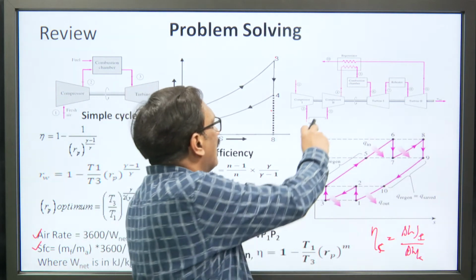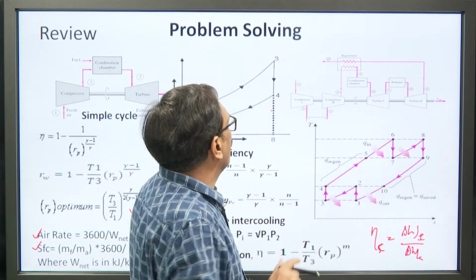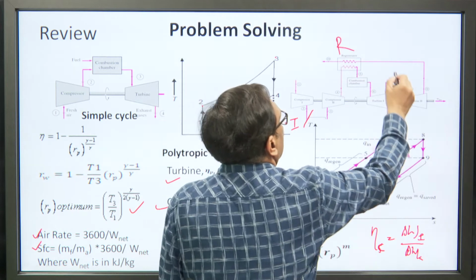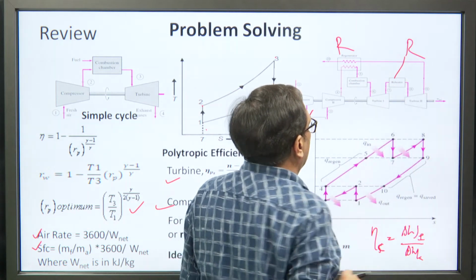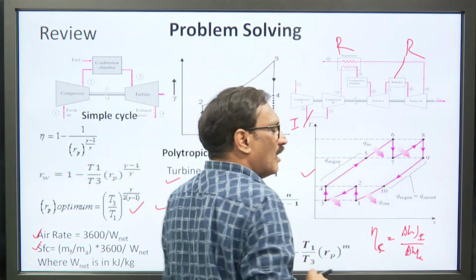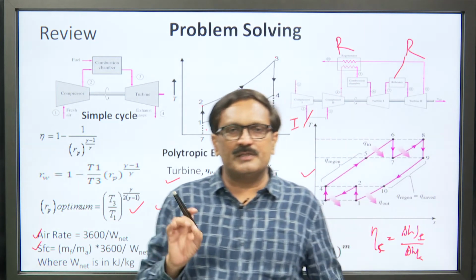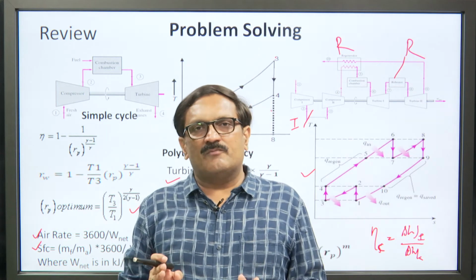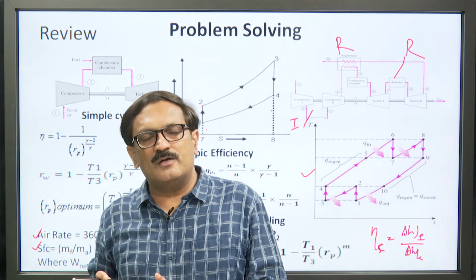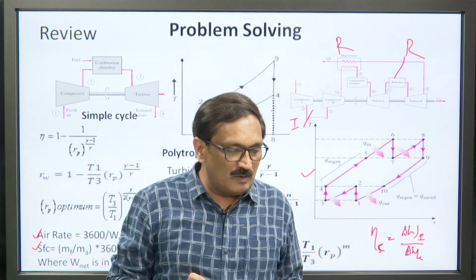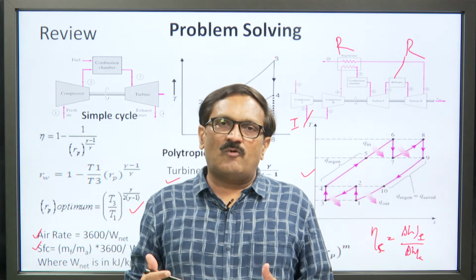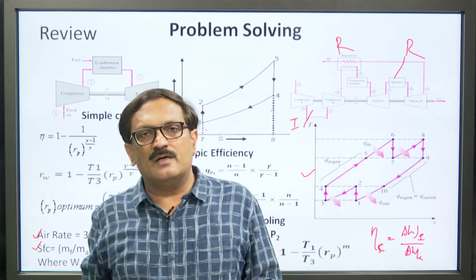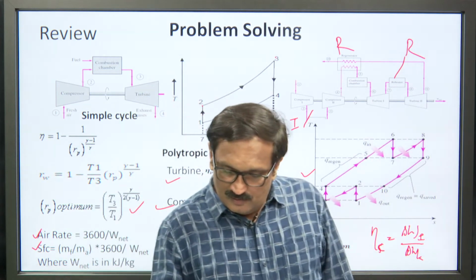This is one diagram I have shown, a combination of all the things: where the intercooling, the regeneration and the reheating occur, and we can plot the temperature-entropy diagram. The first step is to plot the temperature-entropy diagram. The second step is to find the temperature at the different state points from the information given in the problem. The third step is to put the given values in the equations.